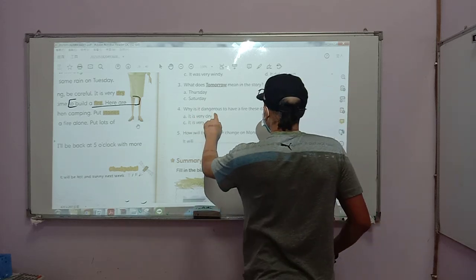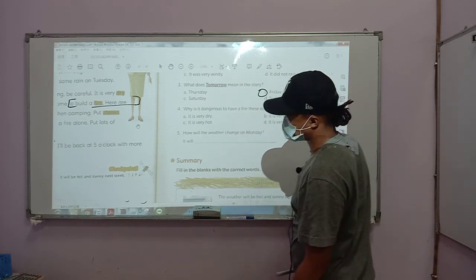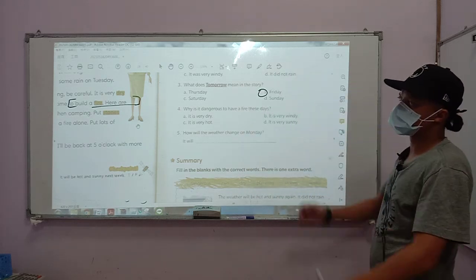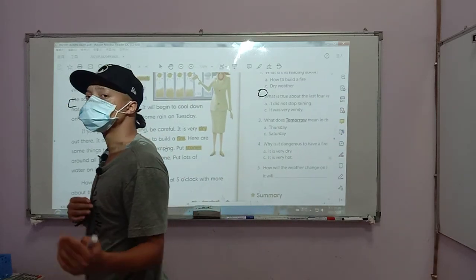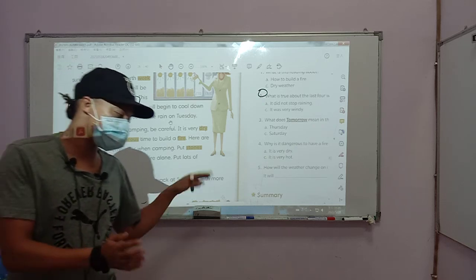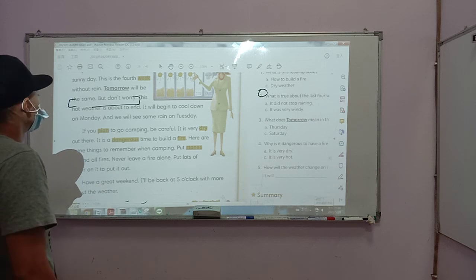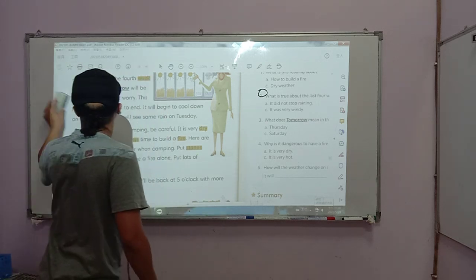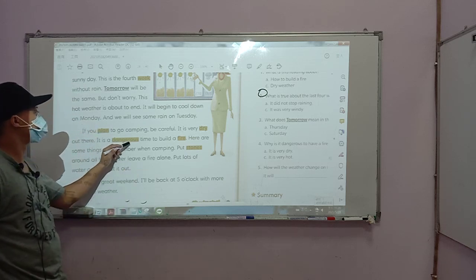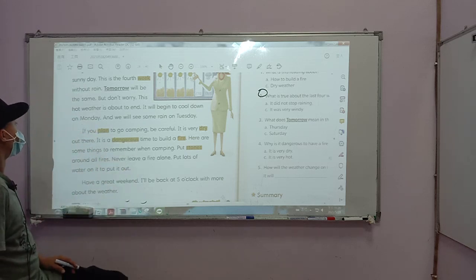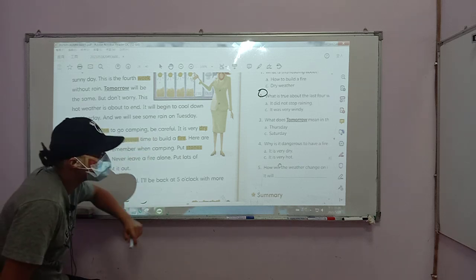And number 4, why is it dangerous to have a fire these days? Okay, so we just go back again. So they are saying these days. So these days refers to the last few days or the last week. Okay, so does it say anything about the week over here? Alright, so where do I see? Dangerous to build a fire. So if you plan to go camping, be careful. It is